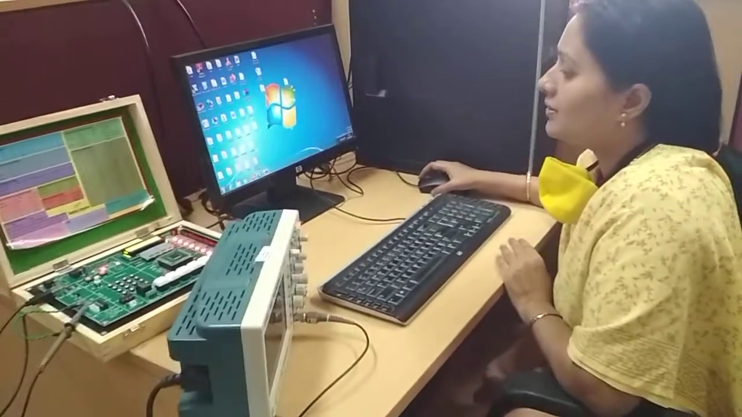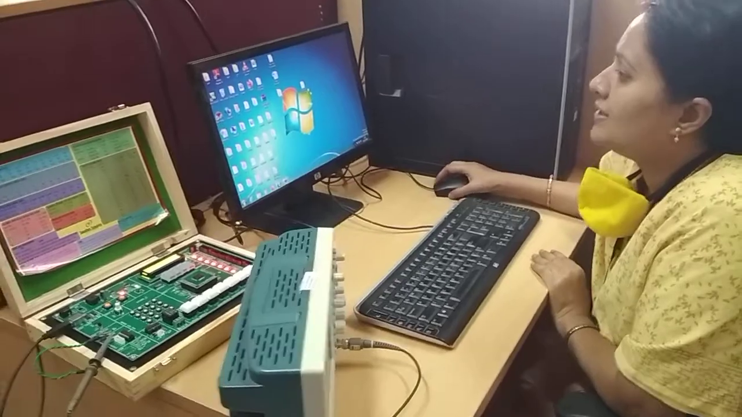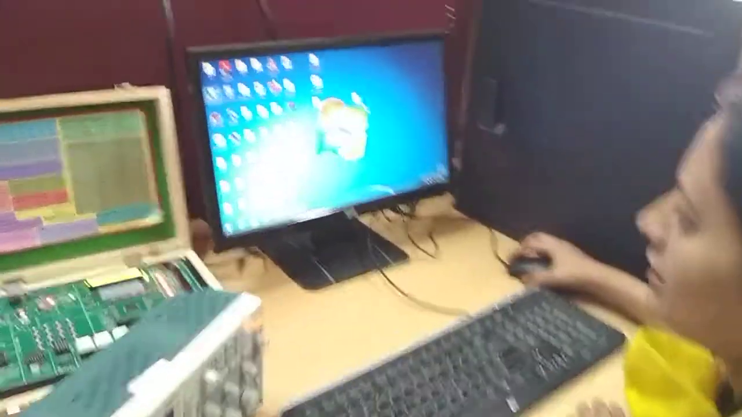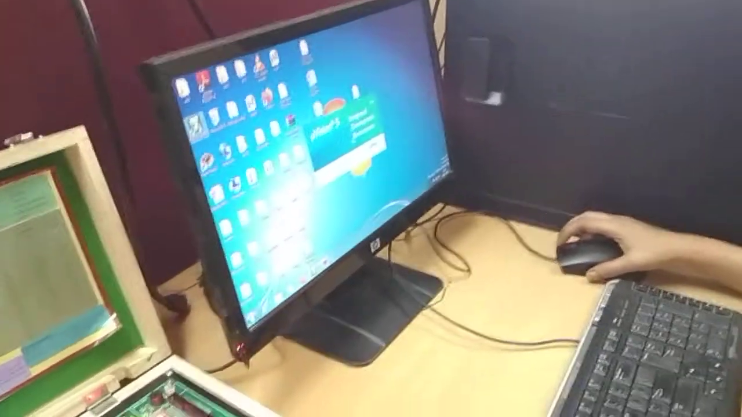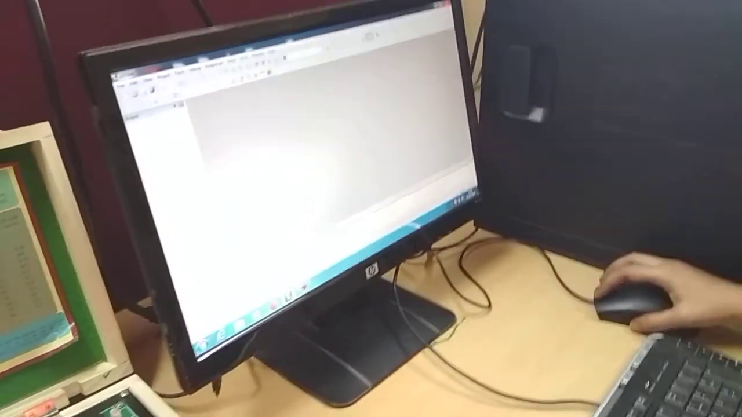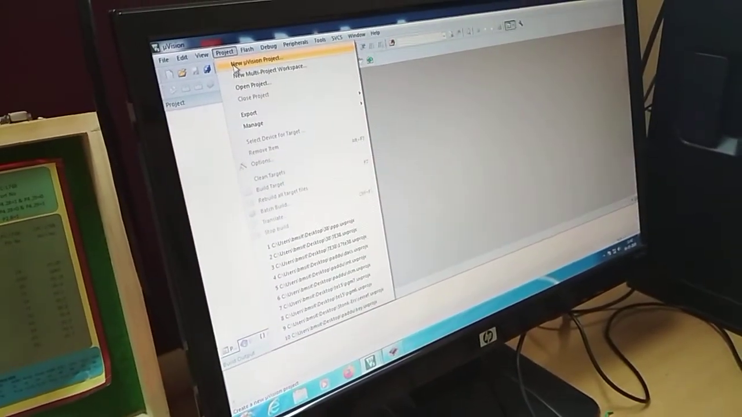Going to see generation of PWM using ARM controller. For this, we will go to Keil Microvision 5. Click on that and go to project and a new Microvision project. You can create new Microvision project